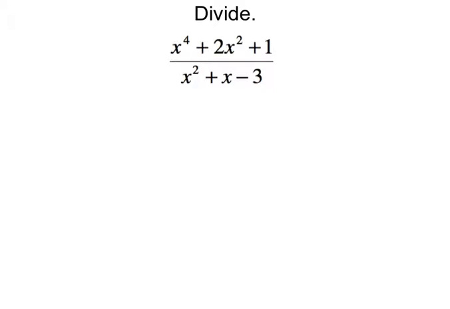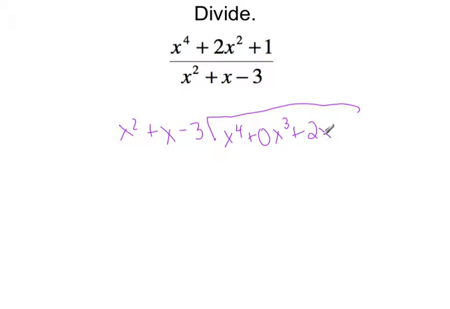Next, I want to do this one because it's a little bit different than the last one. Can you see why? So I need placeholders in here. I have an x to the fourth and no x to the third, and I have an x squared and no x terms. So I got to put the placeholders in here for that. So I'm going to write x to the fourth underneath plus 0x to the third plus 2x squared plus 0x